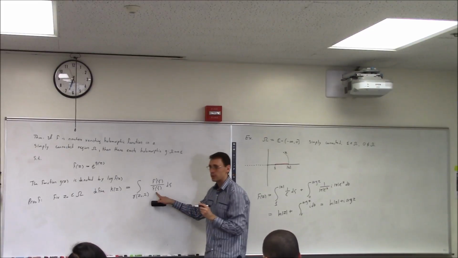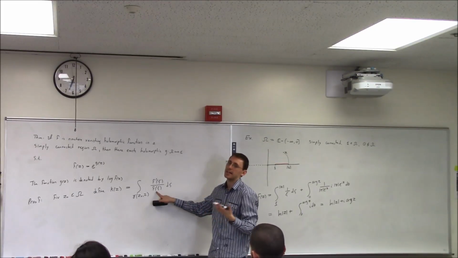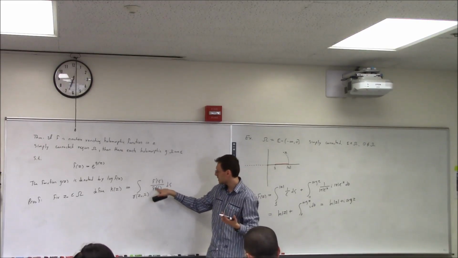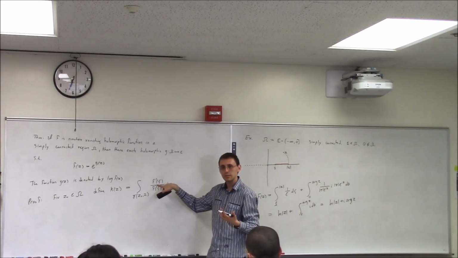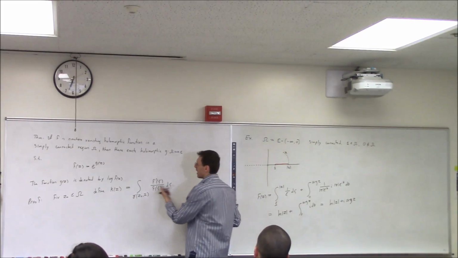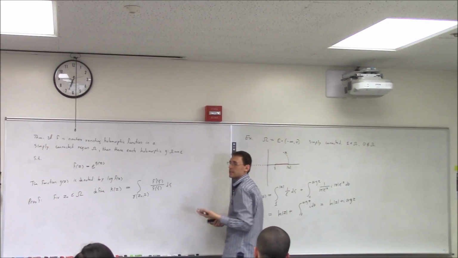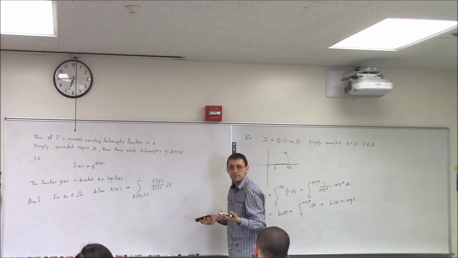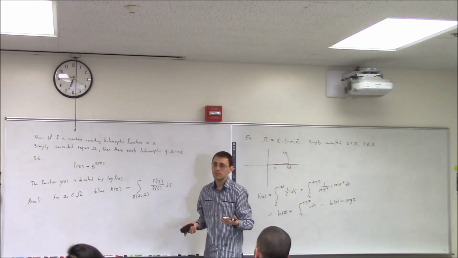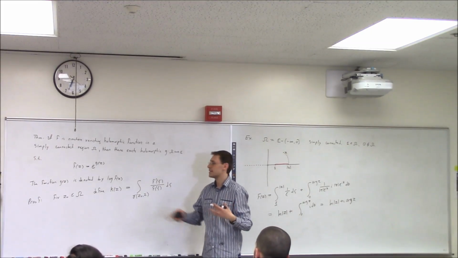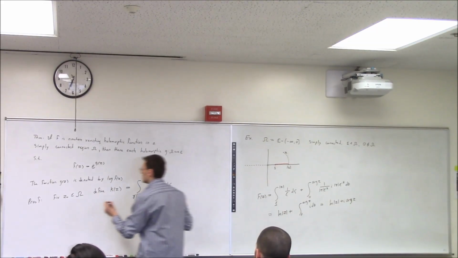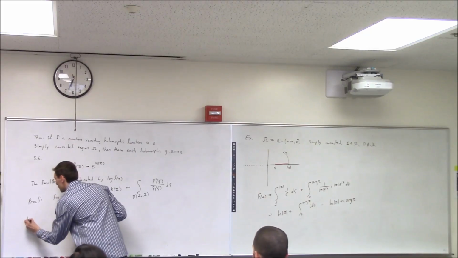That's where I needed it to be nowhere vanishing. Because if it's vanishing, it's acting like 1 over z. So f cannot vanish. If it's vanishing, then this is not meaningful. Make sense? So we have this. Then I'm going to show that what I just wrote is the logarithm. How am I going to do that? If I want to show that k is a logarithm, what am I going to do? Take the exponential. So the next step is to take the exponential. We show